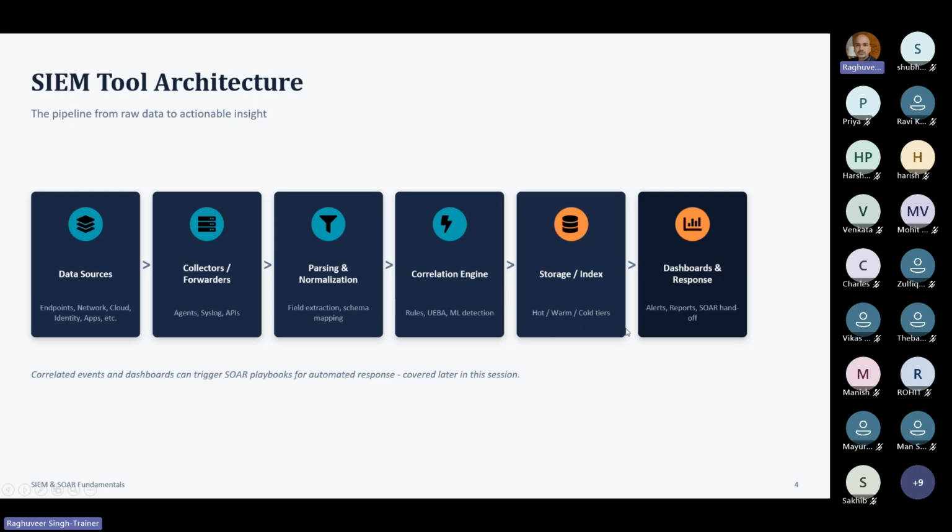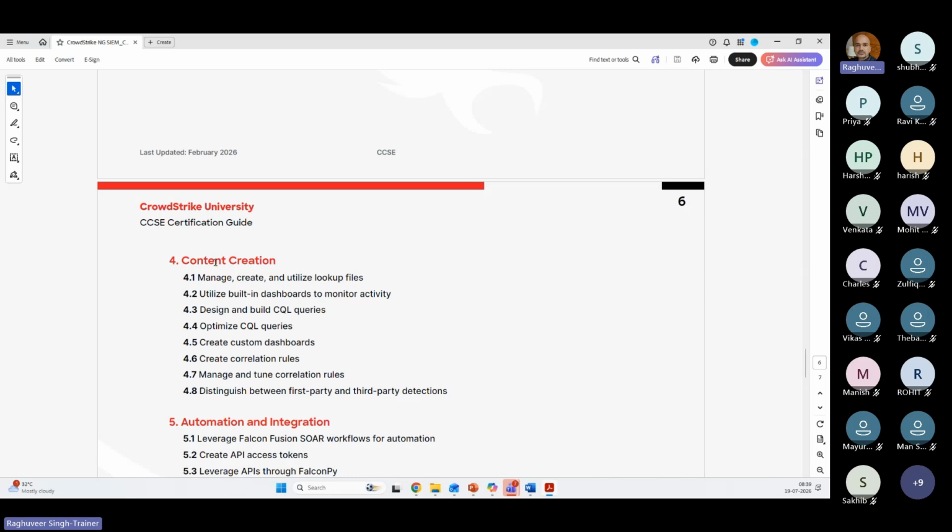So that's the next phase, which is creating security monitoring use cases, which is part of detection. As part of detection engineering, we basically manage, create, and utilize lookup files. I'll talk about what lookup files are, how they help you perform log enrichment to existing capabilities of CrowdStrike, or how you can complement them by providing custom information about logs that CrowdStrike would use